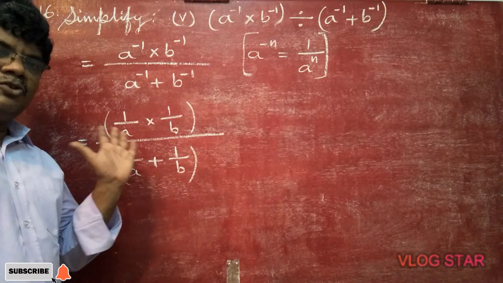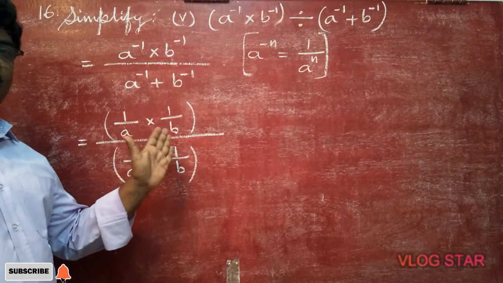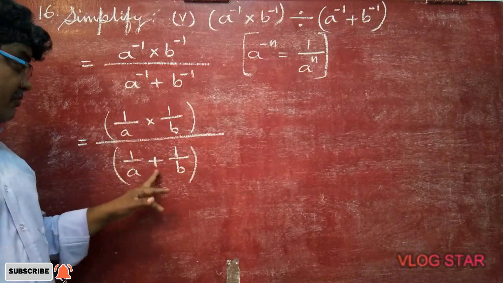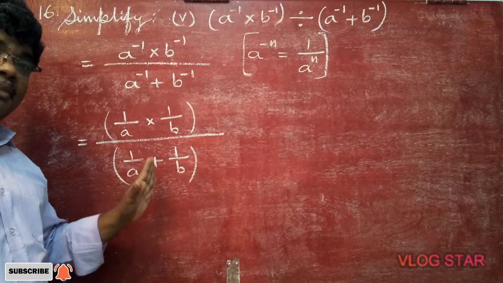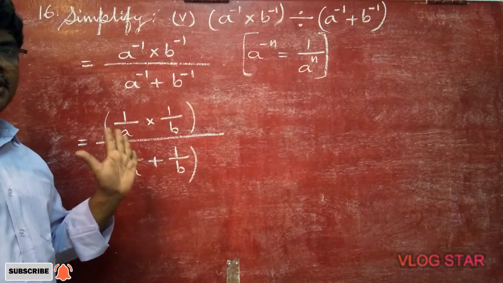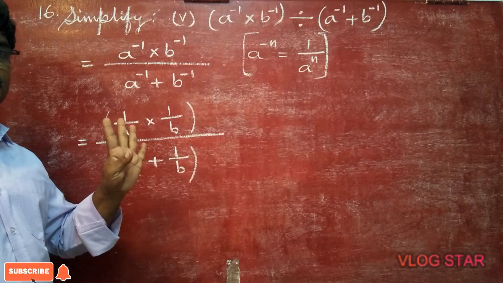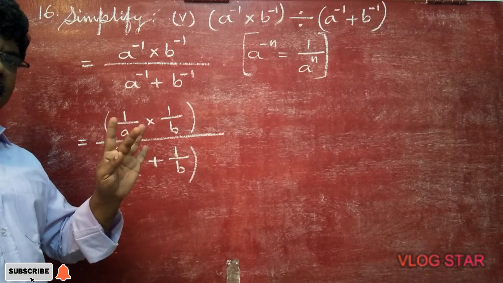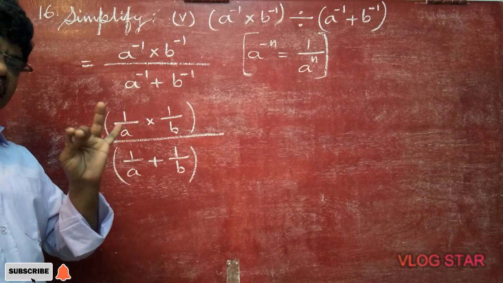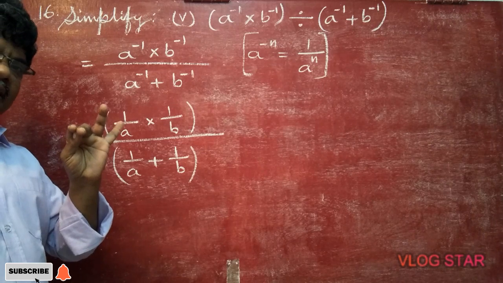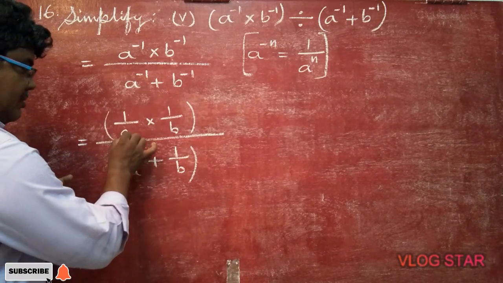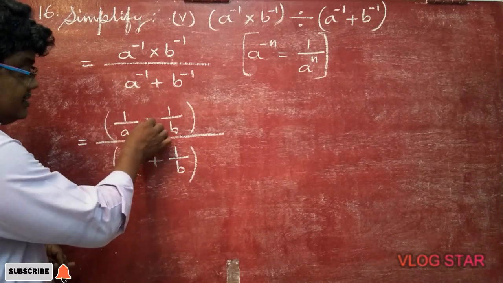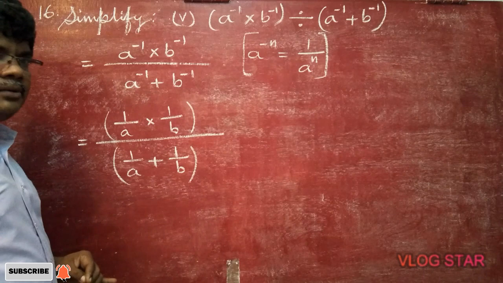Multiplication, directly we can multiply numerator with numerator, denominator with denominator. Division means the division will change into multiplication, reciprocal. But for addition and subtraction, compulsory the method of LCM should be followed. Keep in mind. These are the 4 operations: addition, subtraction, multiplication, division. For addition and subtraction, compulsory LCM method. For multiplication, numerator will multiply with numerator, denominator will multiply with denominator. And last division, you change into multiplication, reciprocal. Are you able to follow?